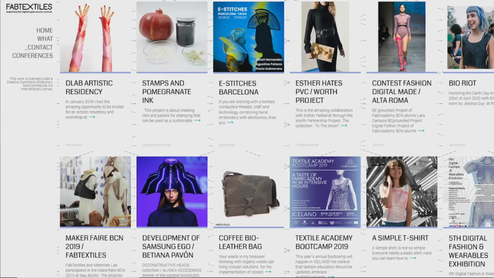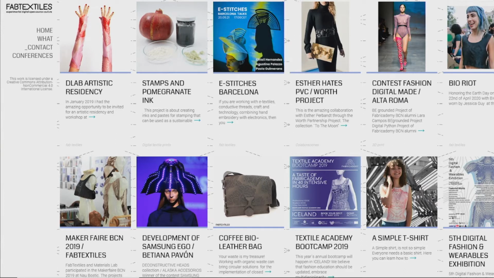So if you go on my website, Fab Textiles, it is quite old school, because it is like a blog post, and it was the easiest way for me to be able to share my recipes and my tutorials. It's all made of different posts where you can learn how to do things, from making a simple t-shirt to creating your own coffee leather bag.